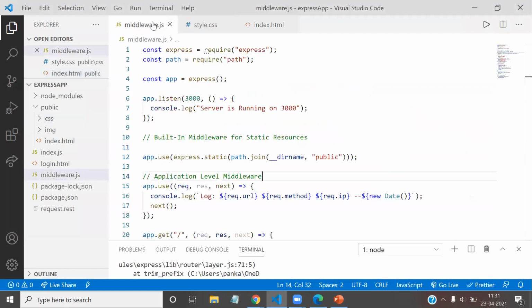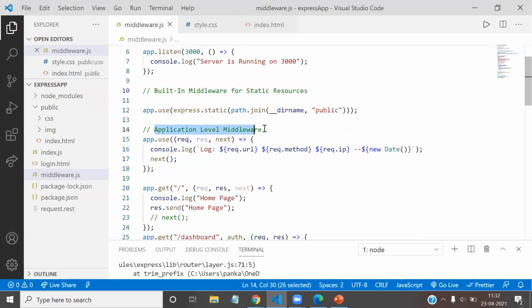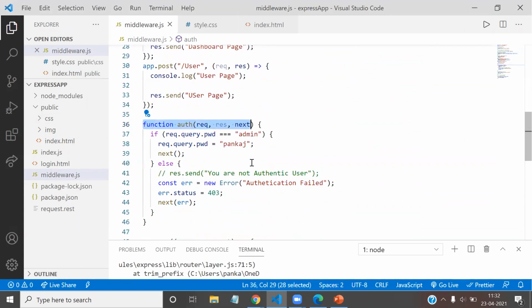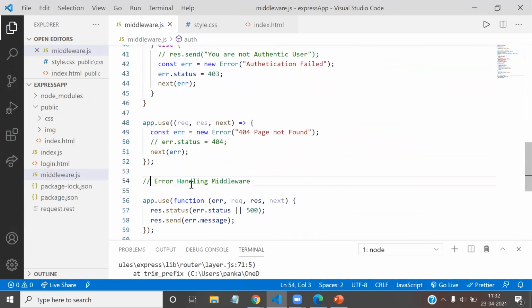And similarly we can also access the other resources as well. So here we have accessed the static resource using the built-in middleware. Okay, so we have used the built-in middleware, application level middleware, route level middleware, and we have also used error handling middleware.